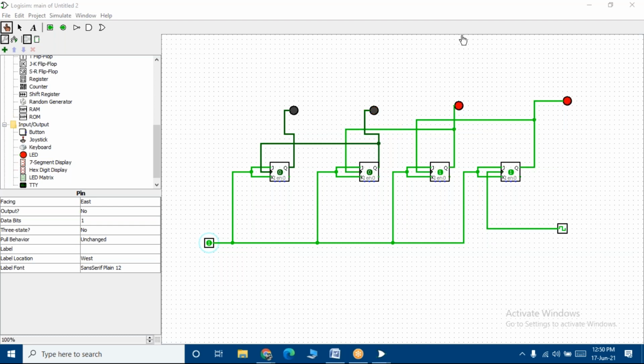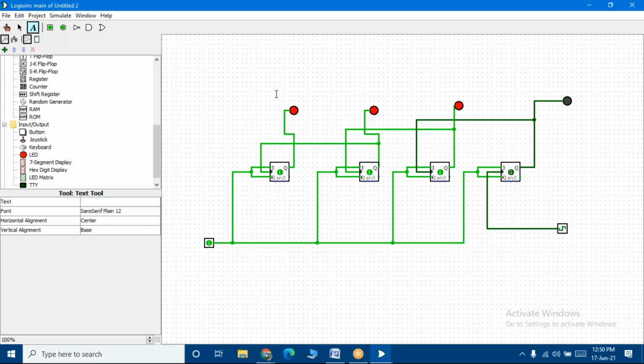As I told you, students, all the experiments will hardly take 30 minutes, right from the first experiment, because these experiments are so simple. Clear? And students, you can mark this and give whatever names you want. If you want to give output names, you can go ahead and give them, say O1 or O2 or whatever it is. It's all up to you. Clear? So this is how you have to proceed with the experiment.